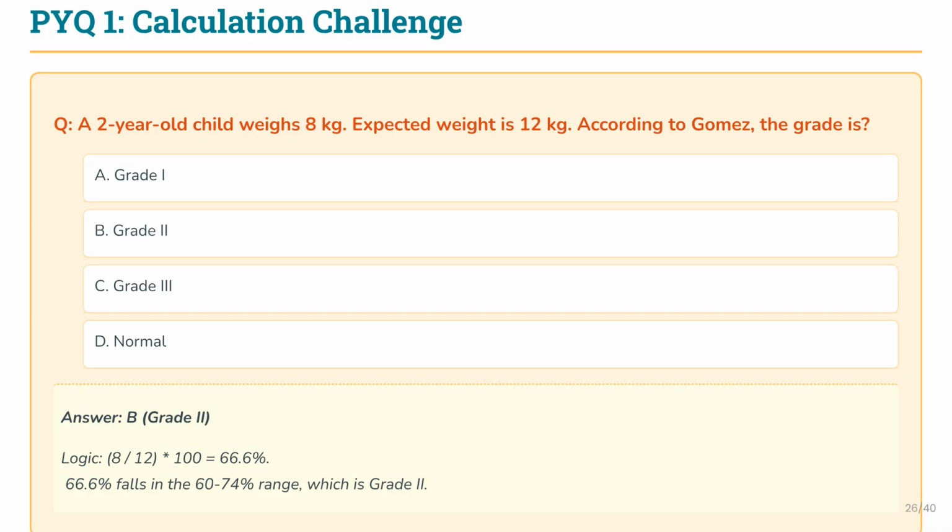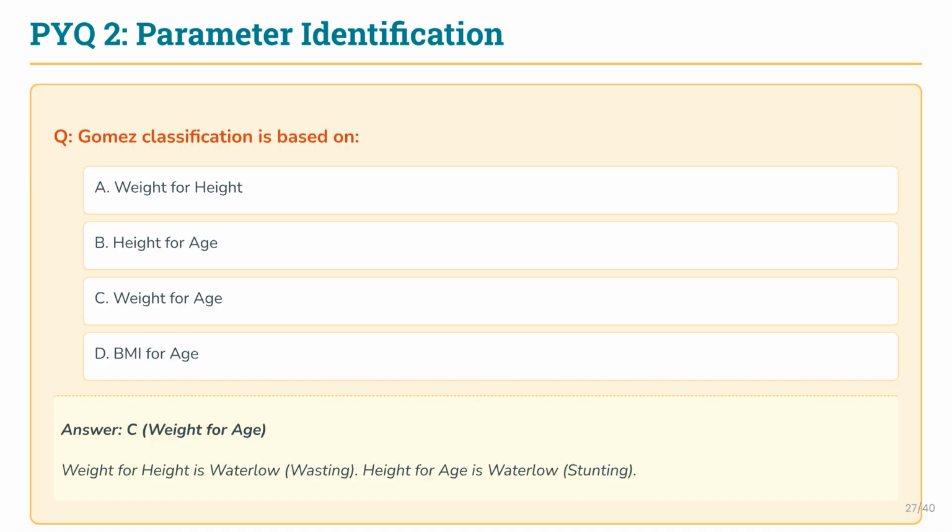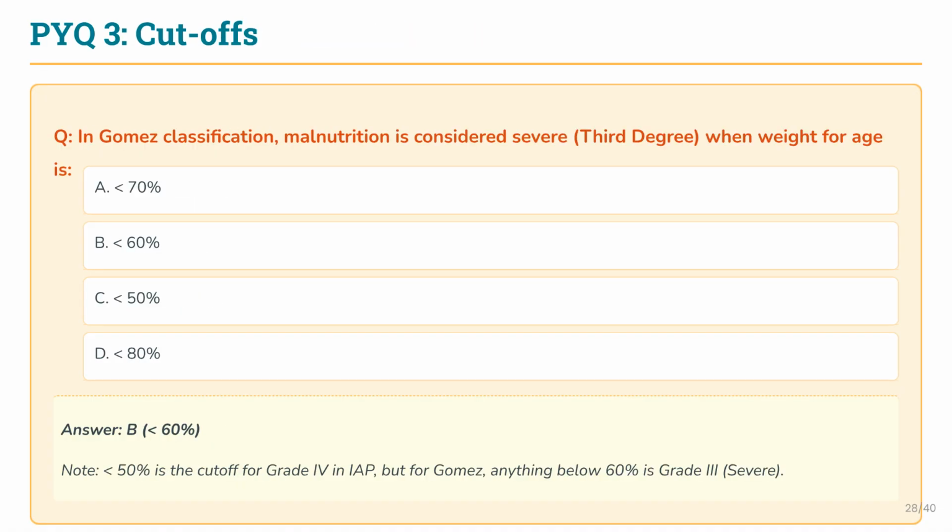In a calculation challenge, a 2-year-old child weighing 8 kilograms against an expected weight of 12 kilograms is 66.6%. This falls within the 60% to 74% range, corresponding to grade 2. Gomez classification is based exclusively on weight for age. Weight for height and height for age are parameters used in the Waterlow classification. In Gomez classification,